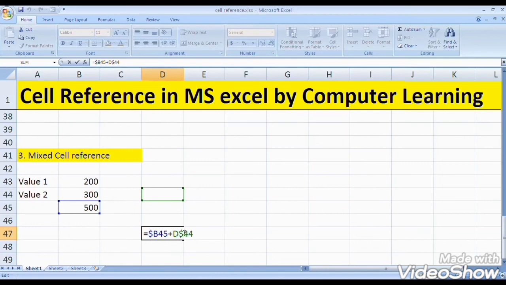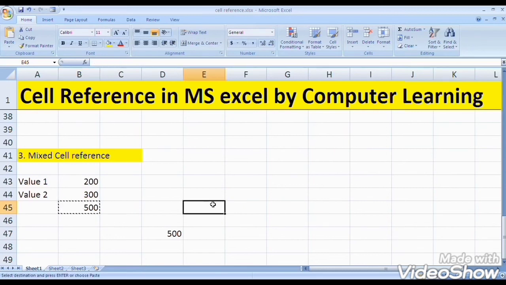In B45 the value 500 is there, and that is accepted automatically. Means mixed cell reference uses both concepts, absolute reference and relative reference. That is the information about mixed cell reference.